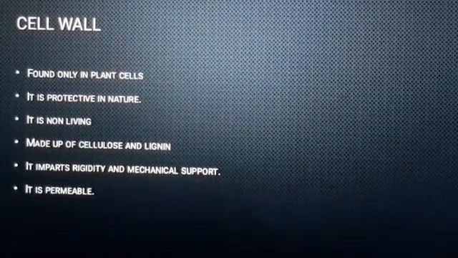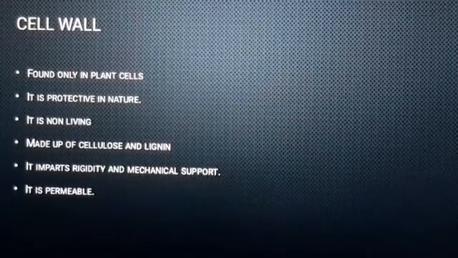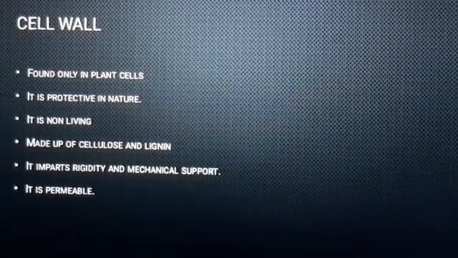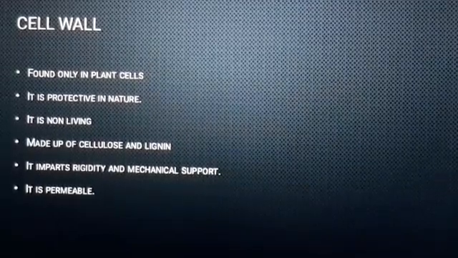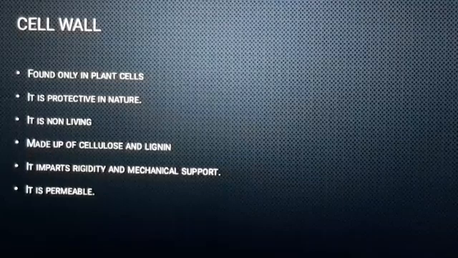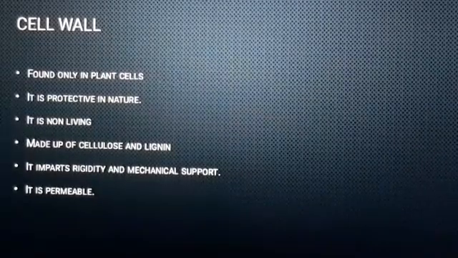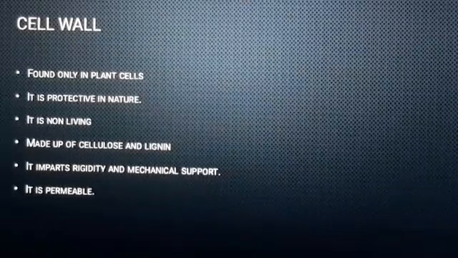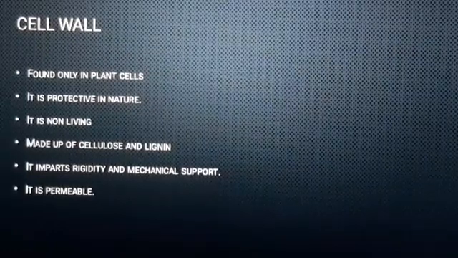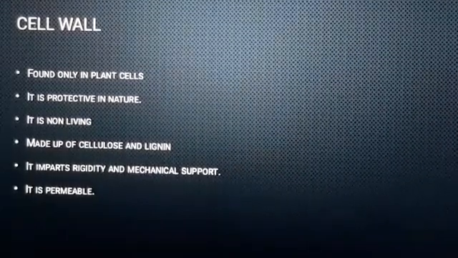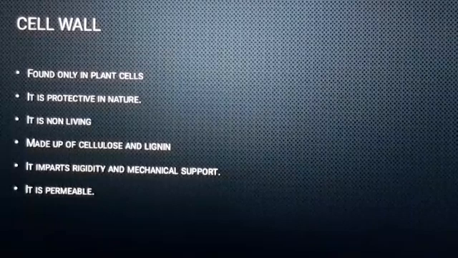Okay, so plant cells, you know that plants remain erect and they remain standing straight during heavy storms and all those, but because of the storms and rain and other climatic conditions, they don't have any injury. This is because of the protective layer outside each and every cell, which provides rigidity and mechanical support to the plant cells. Okay, so this is the cell wall, which is a very important and protective layer present outside the cell membrane.